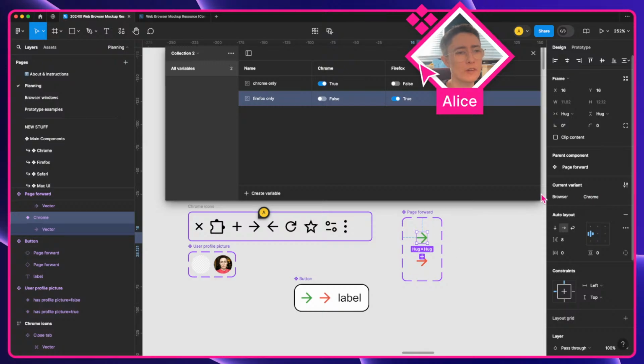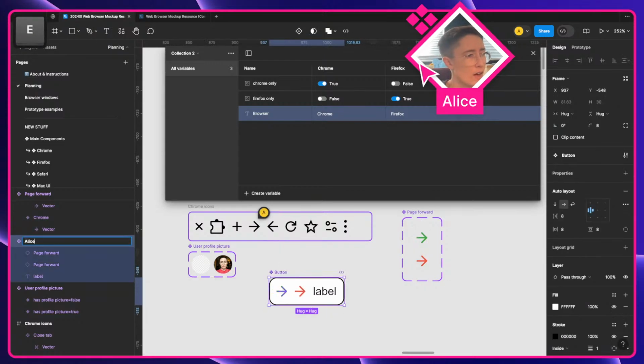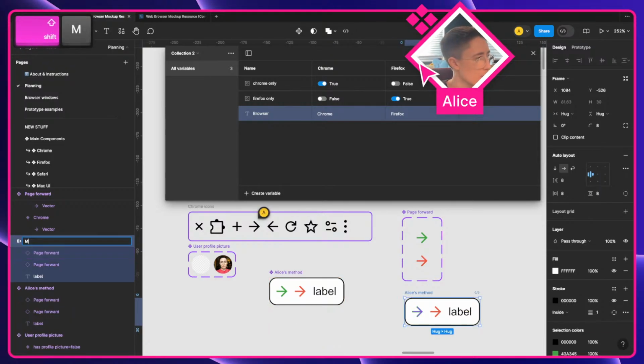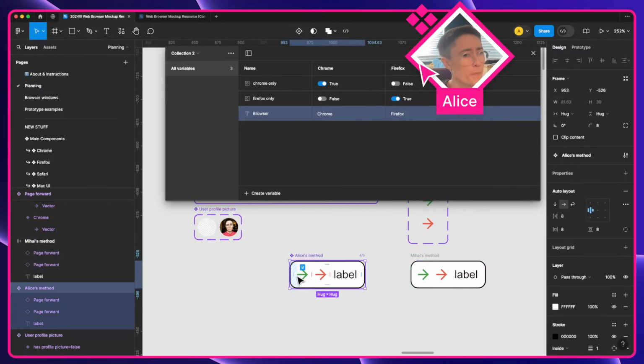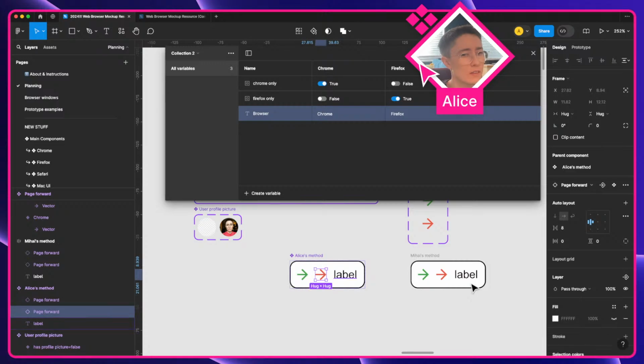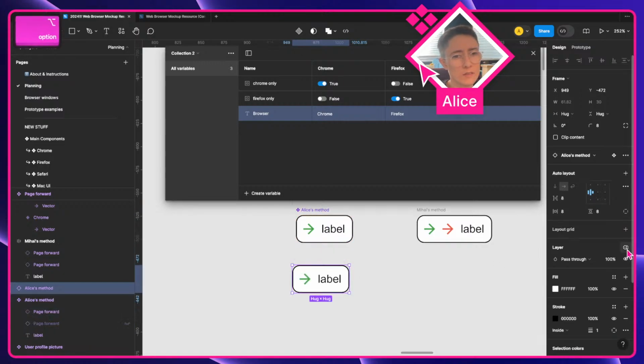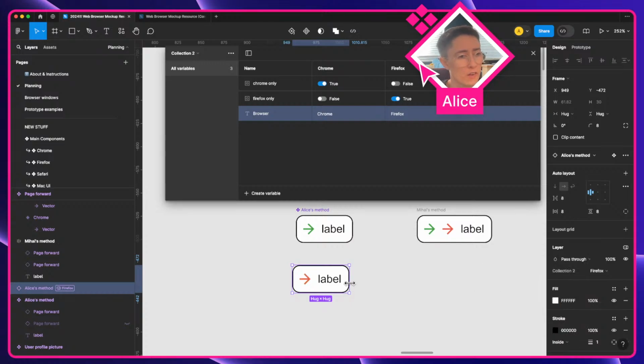Yeah, I'm fuzzy. We'll need a string variable. I guess this would be like browser only. This would be like Chrome, Firefox, or no, we can just call this browser. Alice's method, Mihai's method. The way that I'm going to do it is hook up the visibility to Chrome only, Firefox only. So when I'm using instances of this and I switch from Chrome to Firefox, we're just changing